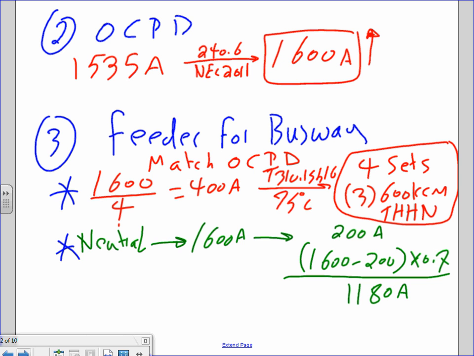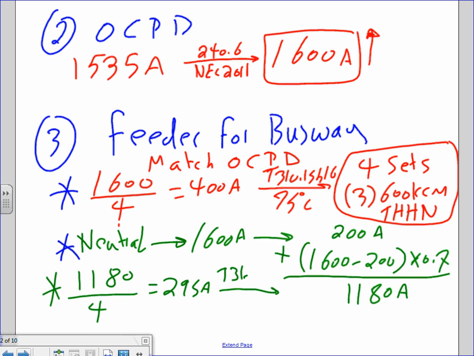That's the neutral amps derated. Then you take 1180 and parallel it by 4, and that will get you 295 amps. If you take it to the same table, 310.15(B)(16) under the 75 degree column,